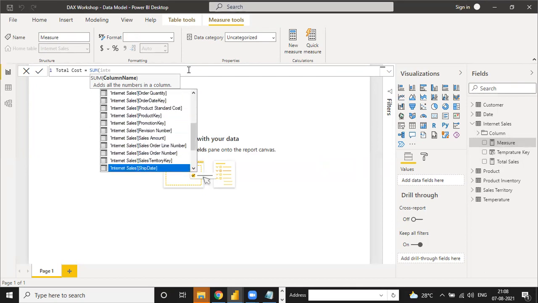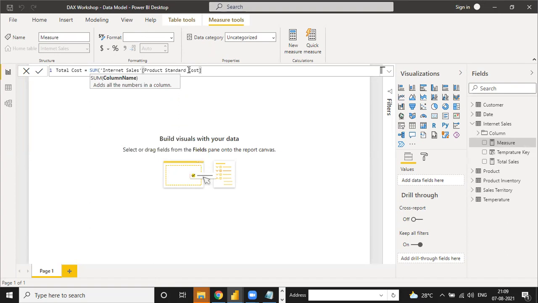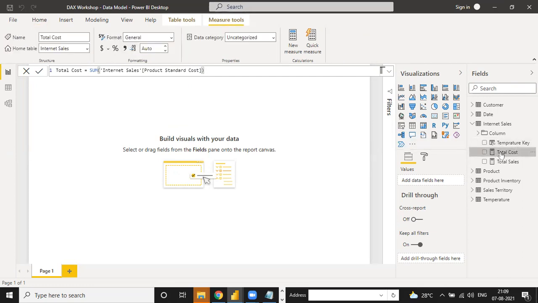Total cost. Here is the cost. Product key, reason, product standard cost, this one, Product Standard Cost, and press enter. This one is a cost value. See, total cost and total sales we have done.